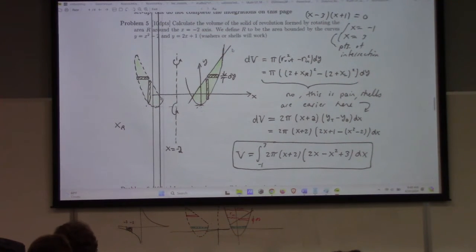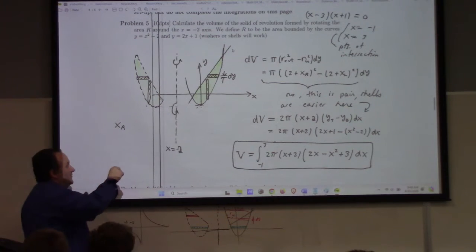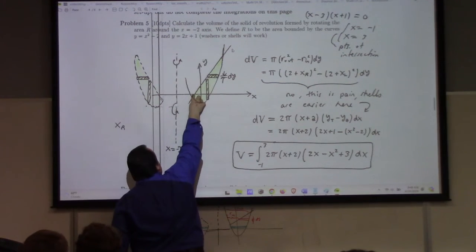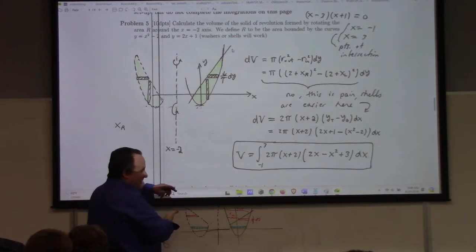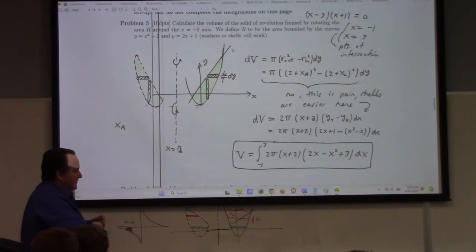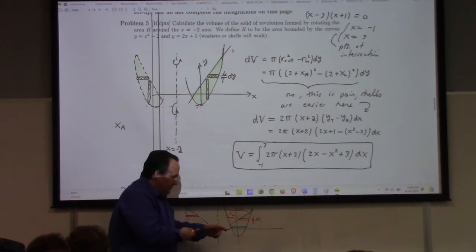Because with shells, I have the same top and bottom y at every possible shell. The line is always giving me the top, the parabola is always giving me the bottom, and the difference between the y for the line and the y for the parabola always gives me the height of the shell. Whereas here, I'd have to